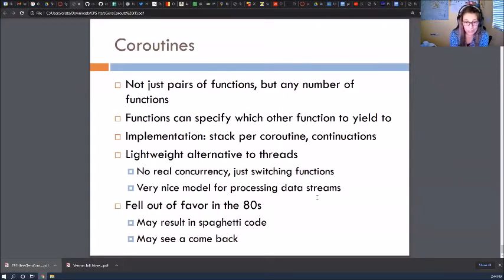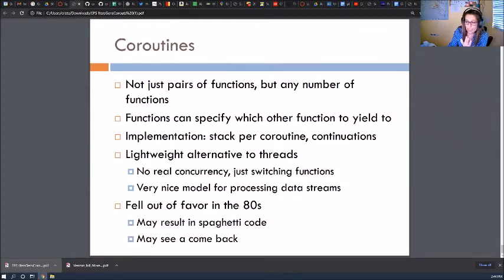It could be real concurrency if the language implementation decides to actually apply real concurrency. But the model here is that there are no threads as such. There are these lightweight functions that stick around, right? And the execution kind of switches between one and the other. So it's a lightweight alternative to threads.